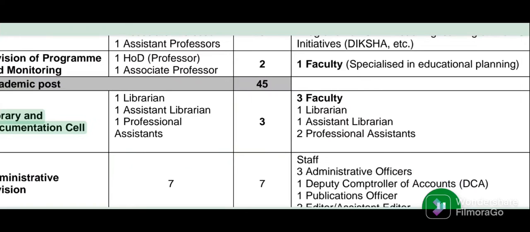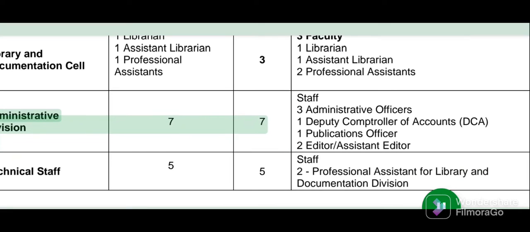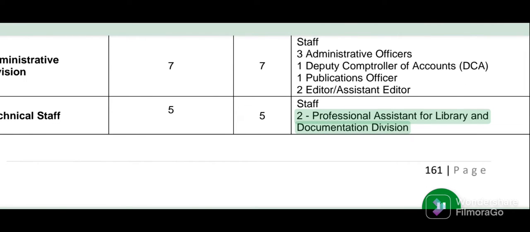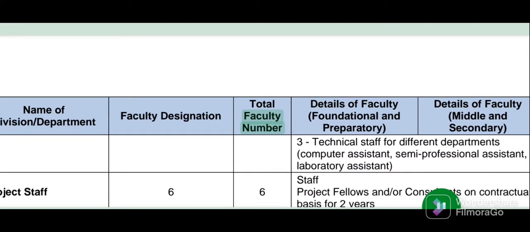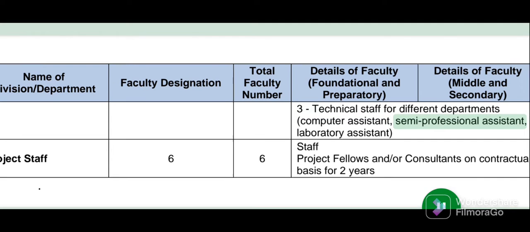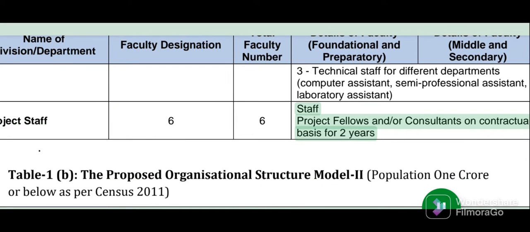Library and Documentation Cell: 1 Librarian, 1 Assistant Librarian, 2 Professional Assistants. Administrative Division: 7 Staff: 3 Administrative Officers, 1 Deputy Controller of Accounts (DCA), 1 Publications Officer, 2 Editor, Assistant Editor. Technical Staff: 5 Staff: 2 Professional Assistants for Library and Documentation Division. Page 162. 3 Technical Staff for different departments: Computer Assistant, Semi-Professional Assistant, Laboratory Assistant. Project Staff: 6 Staff, Project Fellows and/or Consultants on contractual basis